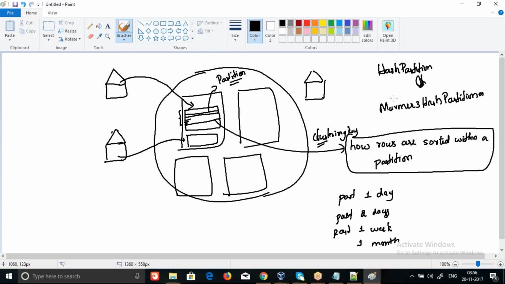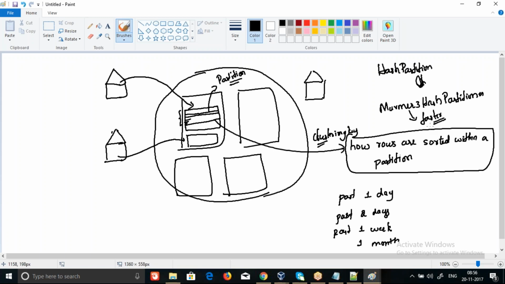Both will give you some token, some random number. You give some input to a hash algorithm, and it gives you a random number, irrespective of whether it is a hash partitioner or Murmur3 hash partitioner. The only difference is that Murmur is faster,